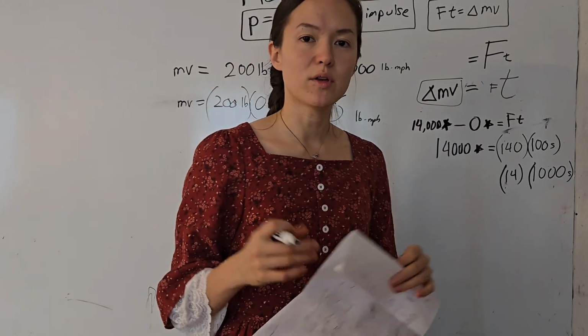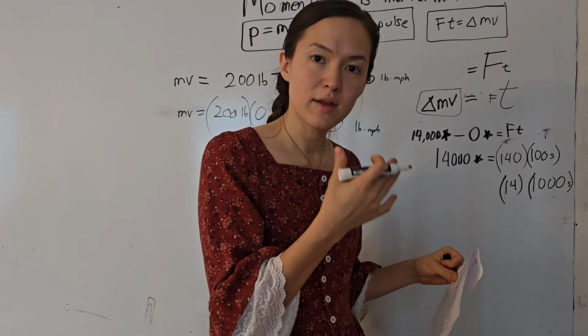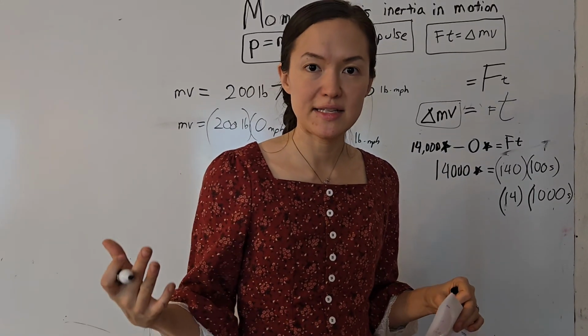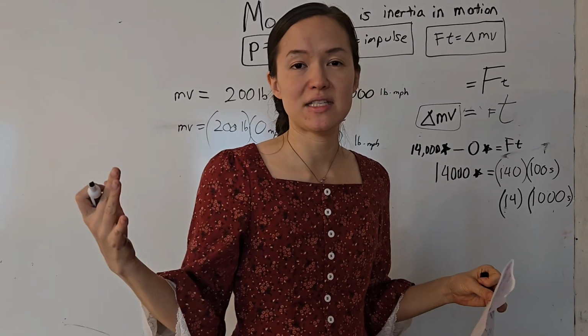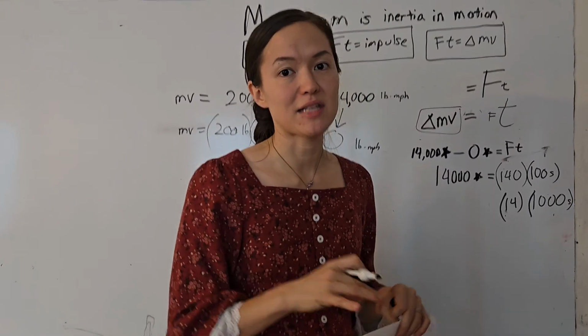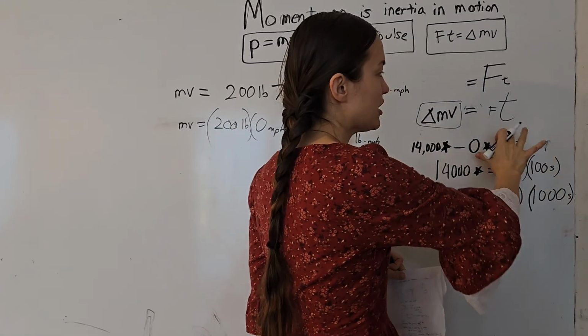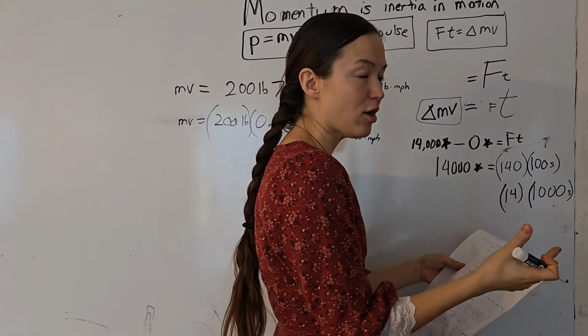This is why the whole conundrum of you're in a car and you're going to either hit a wall or a haystack, and you want to hit the haystack. Suppose it was a massive haystack. Say that haystack actually had the same mass as the wall. You want to hit the haystack. Why? Because in a haystack, you can make it go much longer time. It's like bending your knees, or like the airbag.